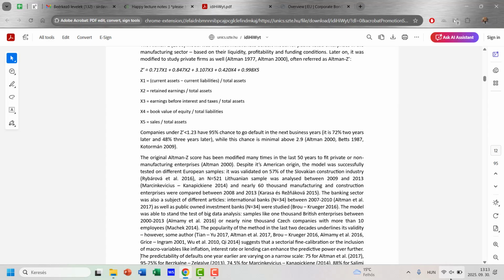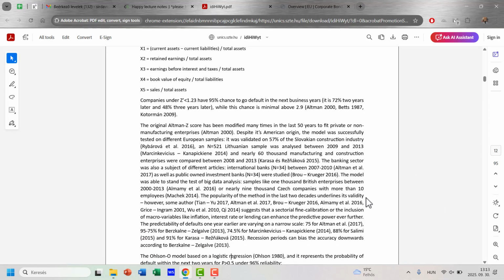And also sales to total assets, or turnover of operations, also a nice thing. The problem with this Altman Z is obviously that it doesn't provide us any probability of default, so it has this shady range system which says that if the Z is under 1.23, then we have a higher probability of defaulting. Yay! So personally, I don't like this. People prefer this, but we have a better and more sophisticated approach, which is ugly, but better.